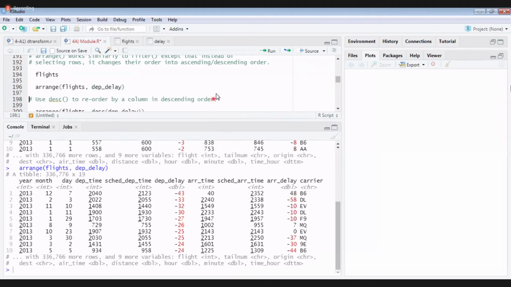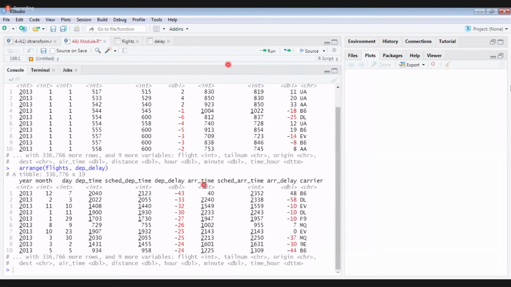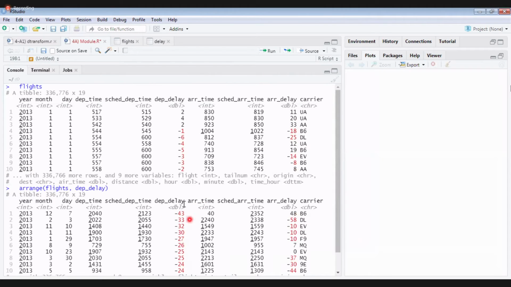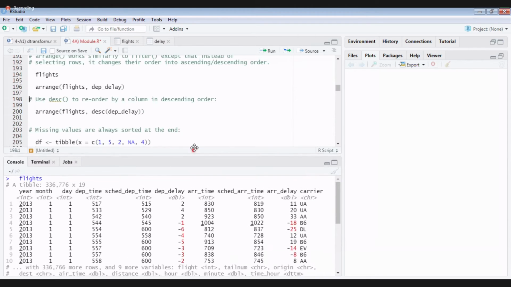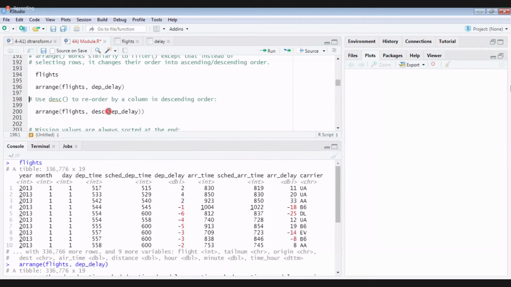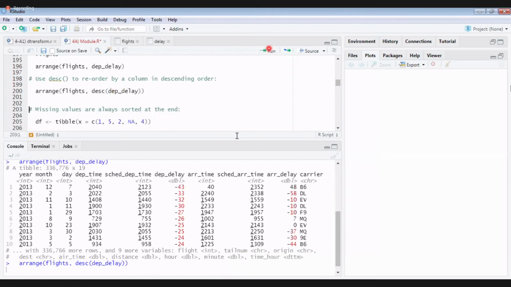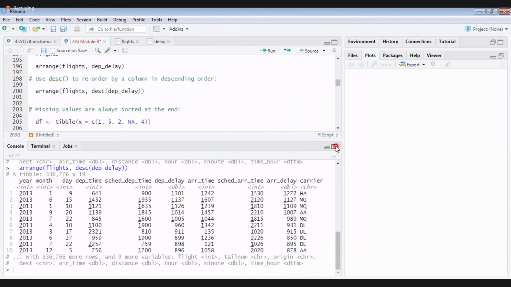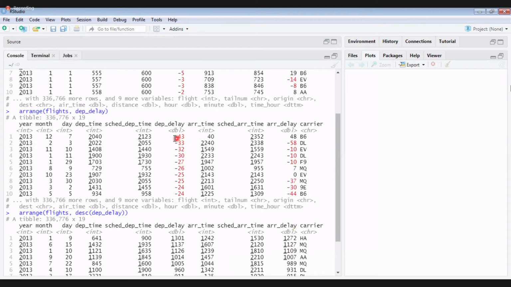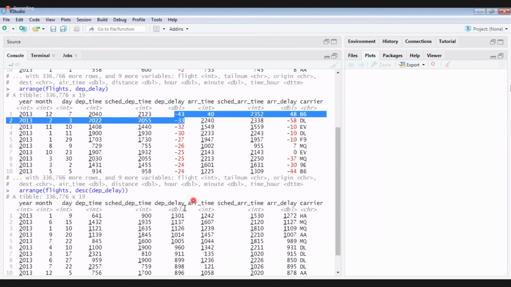Now observe. Is it in some order? Departure delay is in what order? Ascending order. Okay, understood? This is how you can do it in ascending order. But if you want it to be in descending order, you can use a function desc. If you use desc, your data will be in descending order. See, it was starting from -43, -33. Now it is